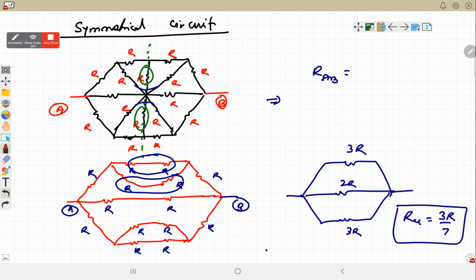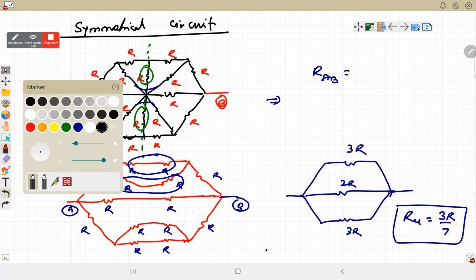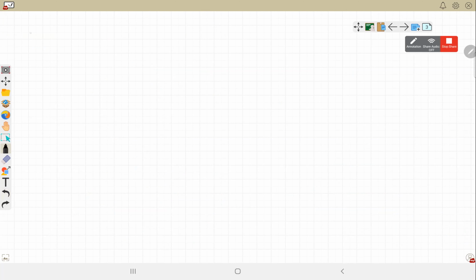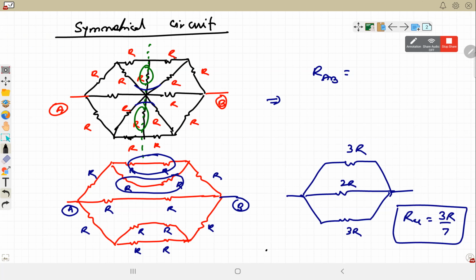Right? Symmetry circuit, and similarly there was another folding circuit. In the folding circuit or horizontal plane of symmetry circuit, we can take the plane of symmetry as a mirror, and the mirror points will be at same potential. So this was the first case of symmetry circuit. Second case was, Sir, can you move back to the previous page?